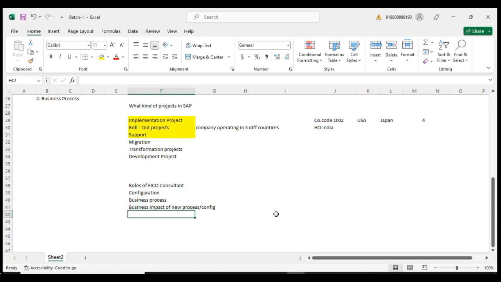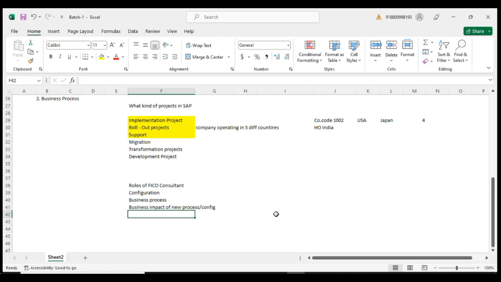Okay, for example, if business has asked you to create one GL account for some expenses, XYZ expenses. When you are creating the GL account, you should know which company codes this GL has to be assigned to, and whether this GL has to be a P&L category or balance sheet category. If it is a P&L category, should it be a cost element or not? Okay, one thing if you miss,